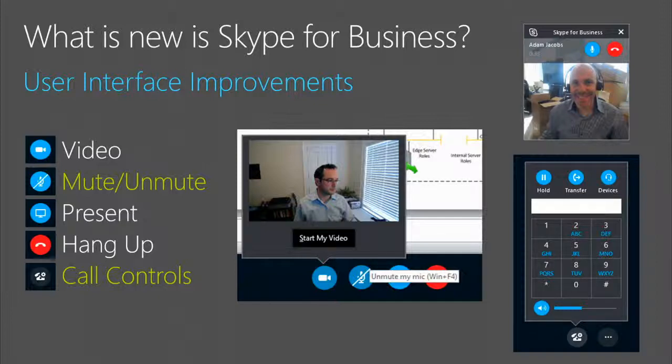Another piece that, honestly, I don't know why it was never really addressed in Lync. It didn't require an entire Skype or a UI refresh to address that. But one of the things I always struggled with in the past was the fact that the mute button had a little bit too much going on. Whether you clicked it or did a hold on a tablet or a long press, you had to mute or unmute from there, but that's also where you had the devices buried, transfer information, setting the volume, or